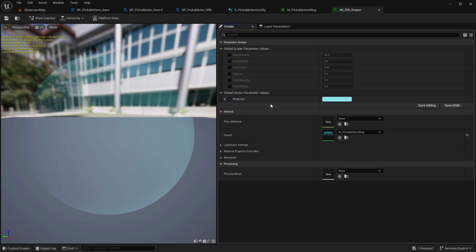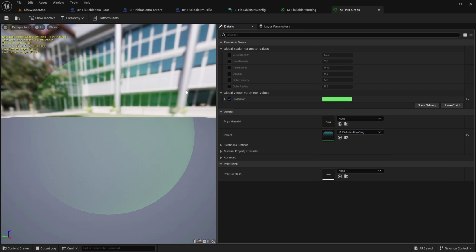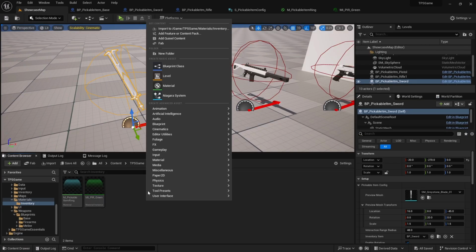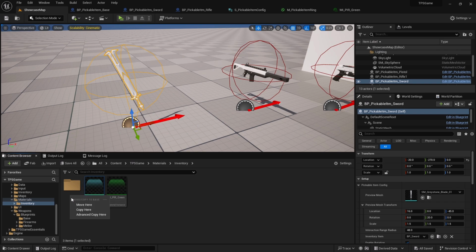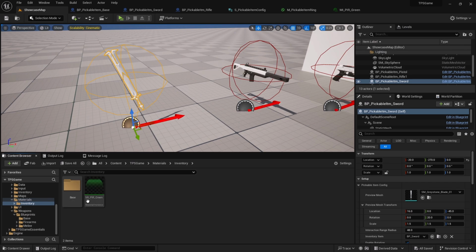And for the ring color, now you can see I can change whatever value I want here. So I think for now I will simply change the ring color maybe to green. Later on we can change these values as well. And since this is the master material, I will move it to the base folder, so we will have better organization, right? And then let's add that to our